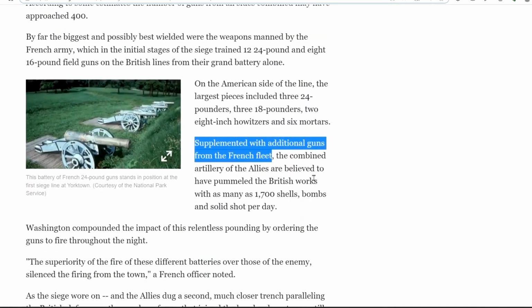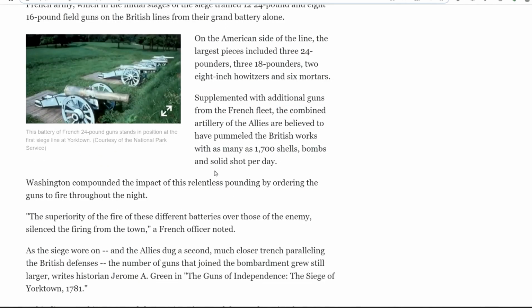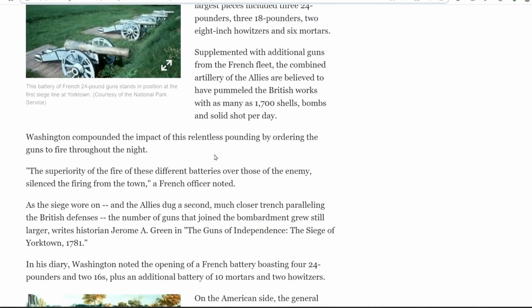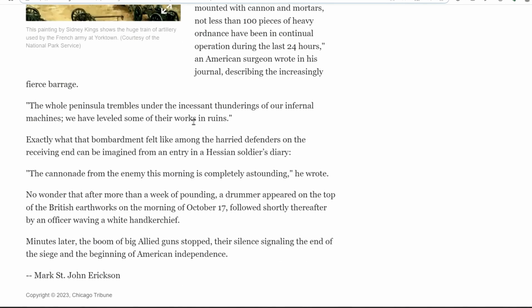So more guns arrived, and these guns were all French guns, presumably manned mainly by French artillerymen. After that, it was very much a case of pummeling the British army into submission. And finally, that led to the surrender at Yorktown, which of course was the climactic battle in this particular part